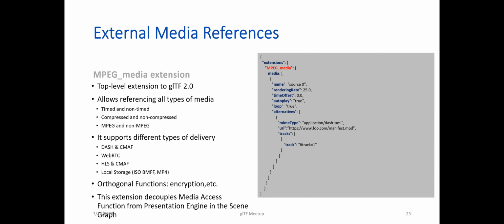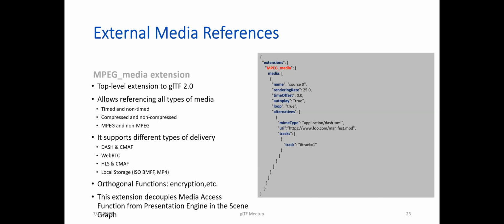The media access function would then have to be smart enough to pick the proper alternative based on its capabilities. So if it knows it has, for instance, accelerated decoding for a certain codec, it will pick the alternative that matches that, and use that to construct a pipeline. So that's the whole idea here.